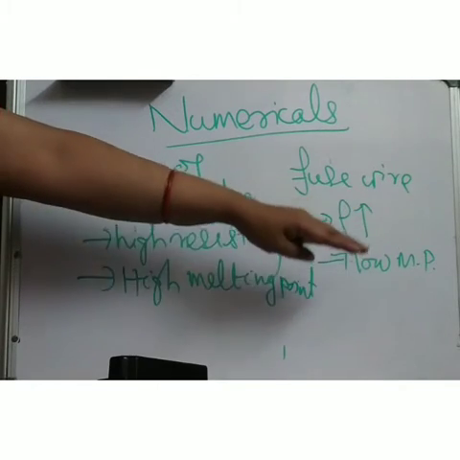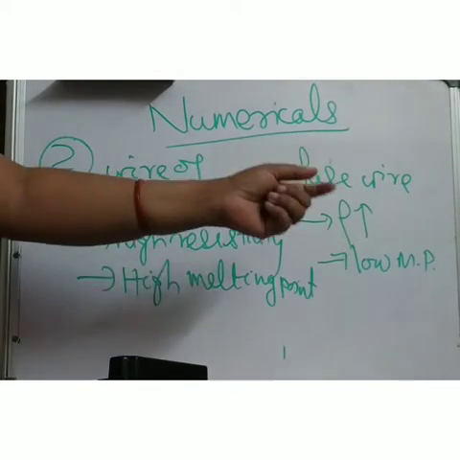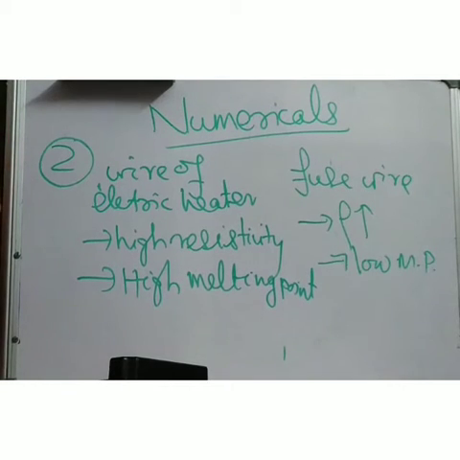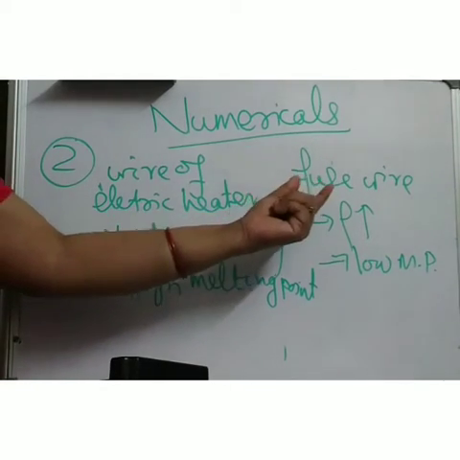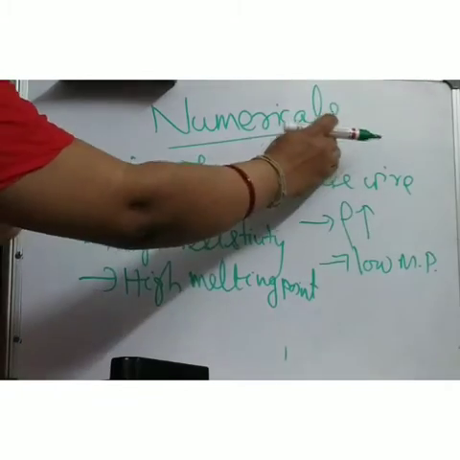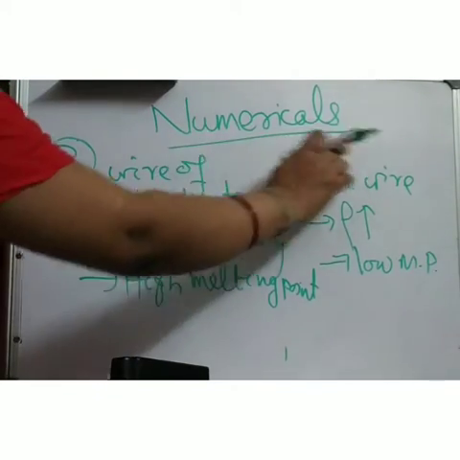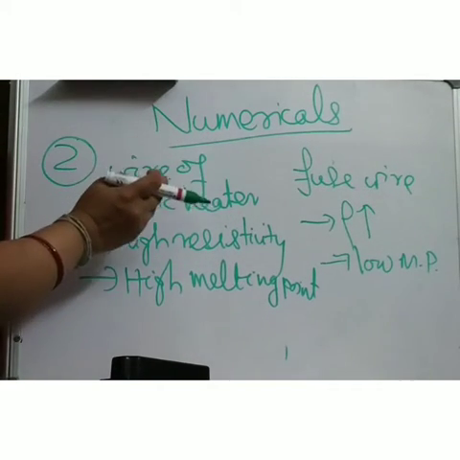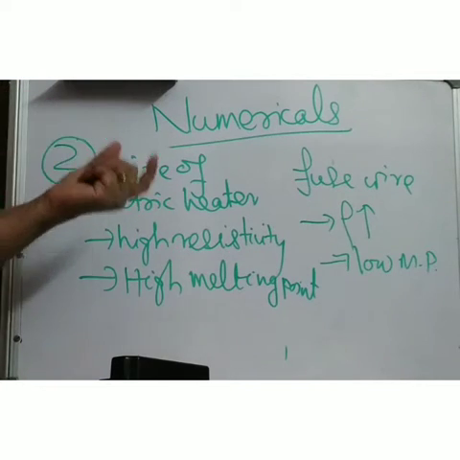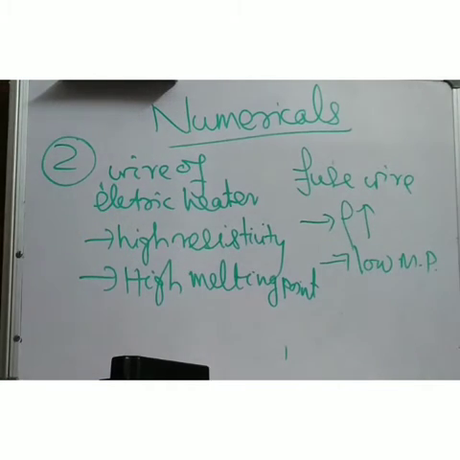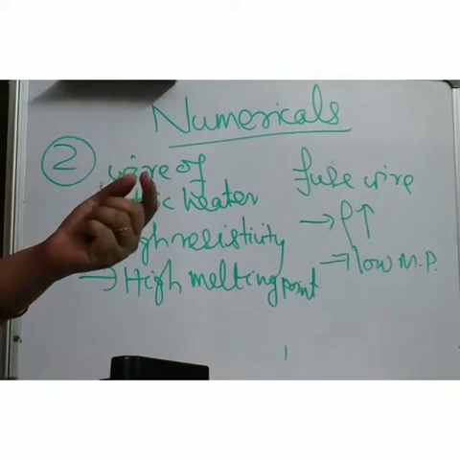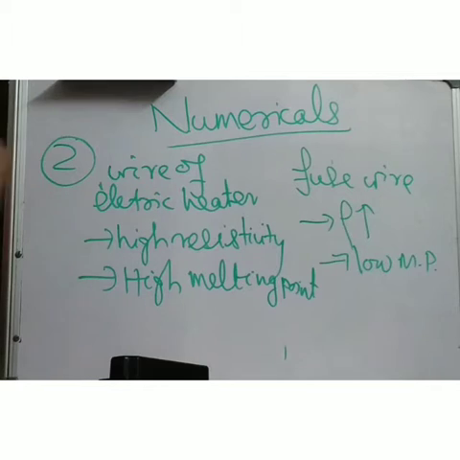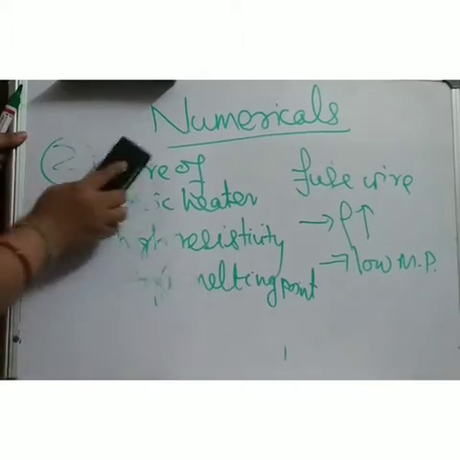Am I clear? Since it has a very low melting point, when a sudden high supply comes, this fuse wire will melt. Since it is a connecting device between the supply and your house wiring, it will disconnect this. By doing this, it is preventing damage to all the appliances. Otherwise, appliances may get burned, or there may be a fire inside our home because of a short circuit. So this is the function of the fuse wire, and this is the difference between the wire of an electric heater and a fuse wire. I think this question is clear.